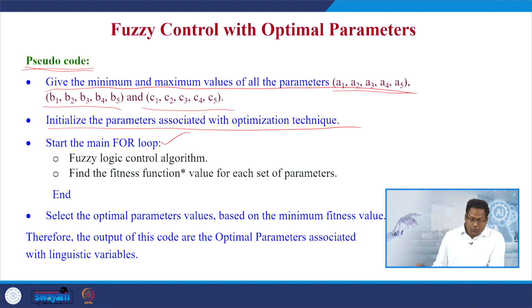Inside the main for loop, we have two important sections or parts, you can say. The first part is the fuzzy logic control algorithm. It can be either Mamdani based fuzzy or TS fuzzy model, and find the fitness function